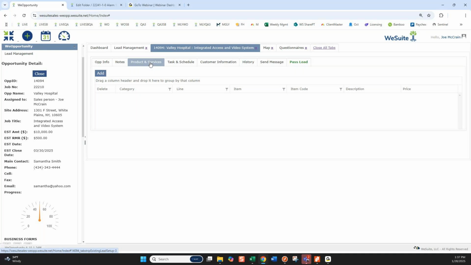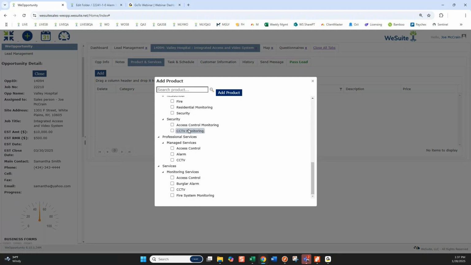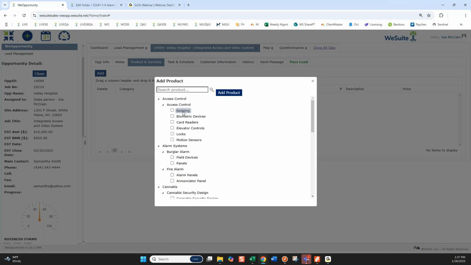All right, getting almost to the end here. Products and services. This is also not a heavily used tab, but it can be very helpful, again, if you use it for what it's intended for. So the purpose of products and services was a quick way to maybe have a list of services or products that you offer. You don't have to get in the weeds of every single device and part number,